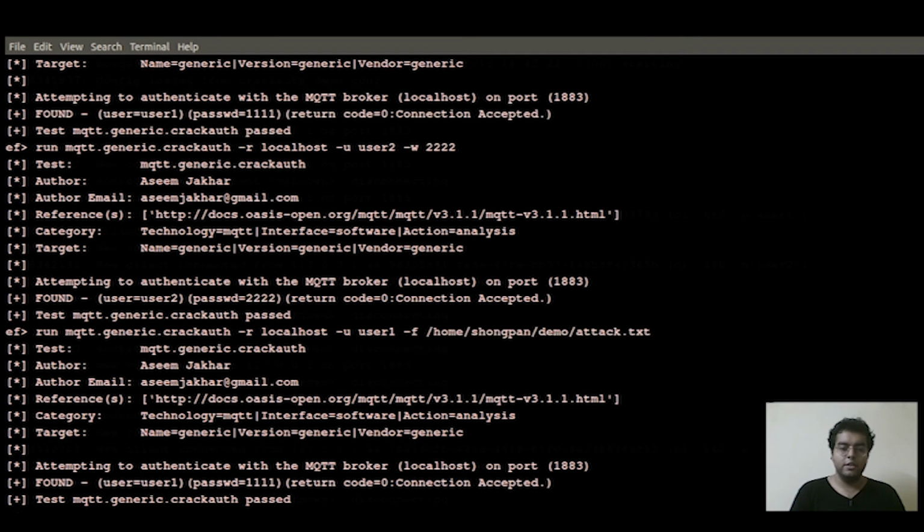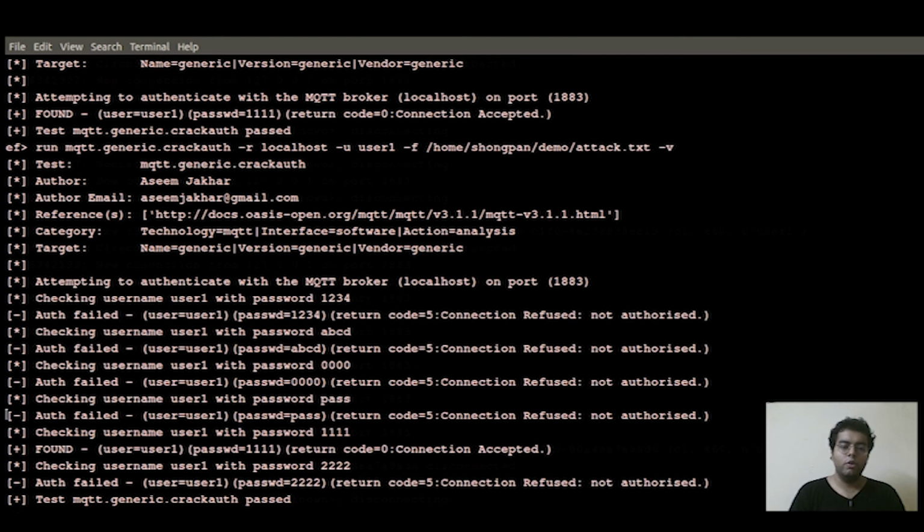We'll hit enter. As you can see, it has found from the dictionary, the password file, that for user1 the password is 4 times 1, which was our set password, and it has successfully accepted the connection. Our plugin has successfully passed. You can use -v for a more elaborate output on what happened.